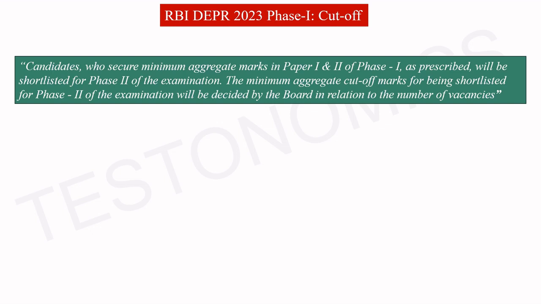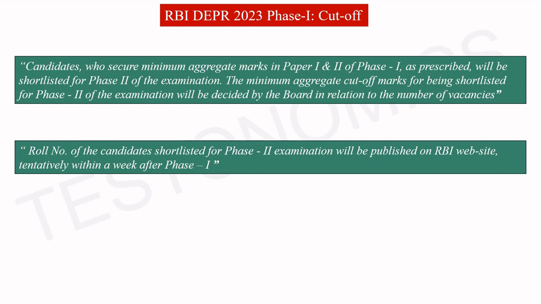So that's all. Now, the first sentence gives the impression that they want to have a separate cutoff for paper 1 and paper 2. It's not 100% sure, but the first sentence at least gives us that impression. And of course, it says that the roll numbers of the candidates shortlisted for phase 2 examination will be published on the RBI website tentatively within a week after phase 1. Now, if our understanding that there will be separate cutoffs for paper 1 and paper 2 turns out to be correct,